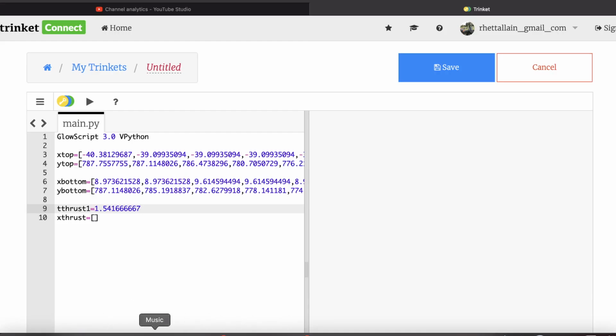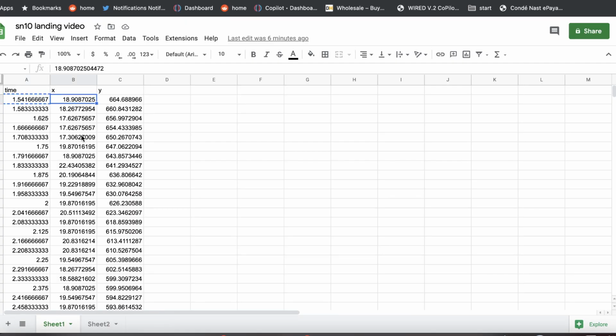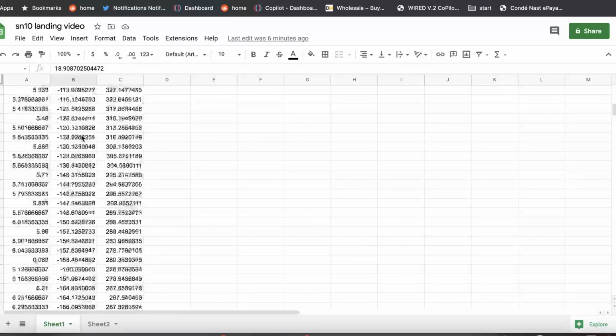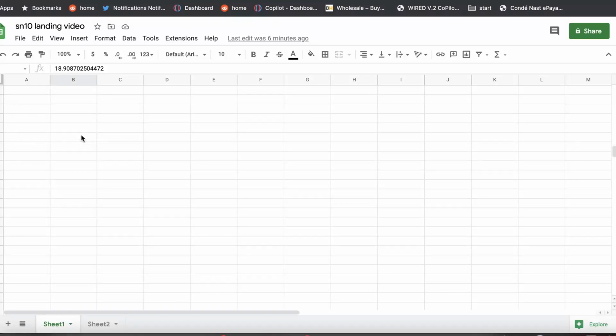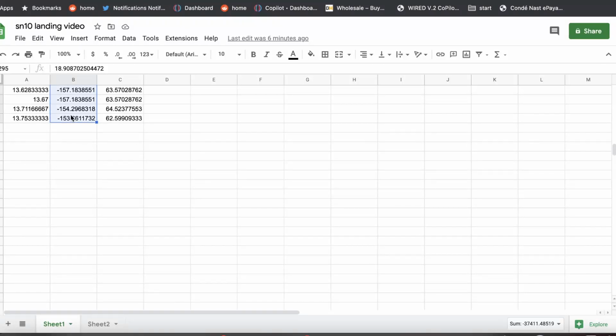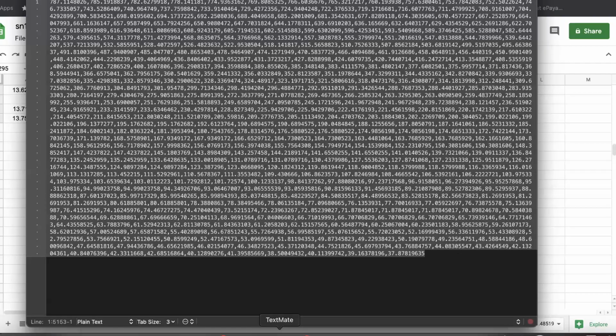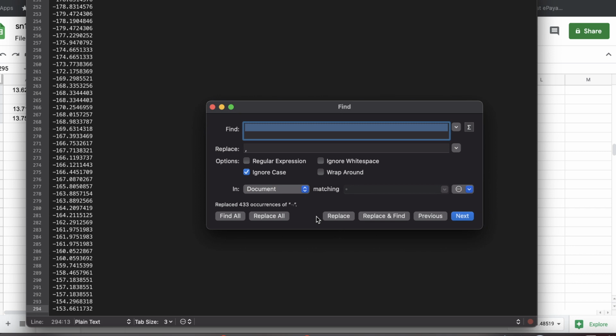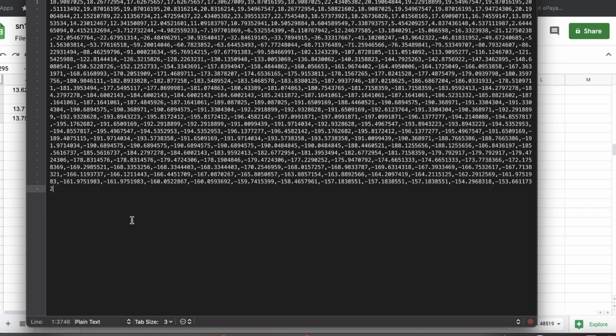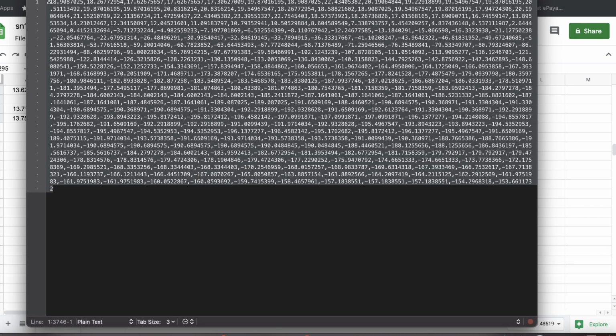And then over here, I'm going to say, copy the x values. It is long. Even that one's long. I hope you're not bored. Okay, Control F, replace all, copy, Control C,